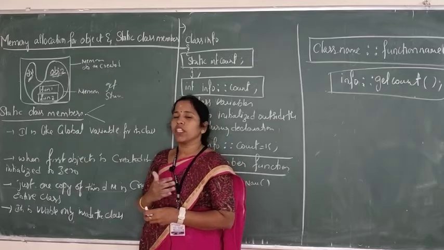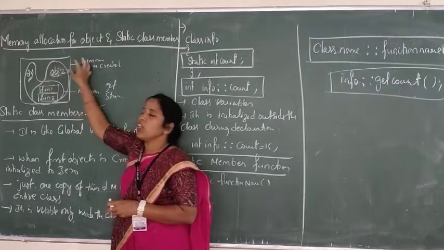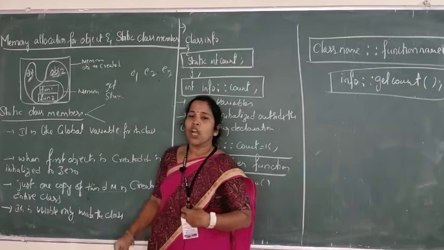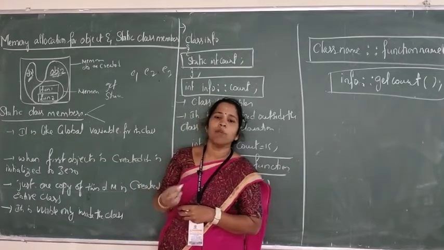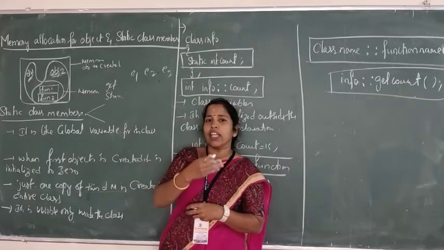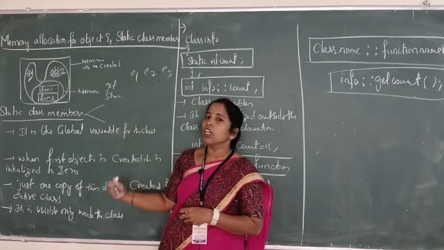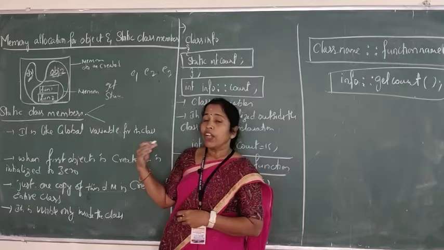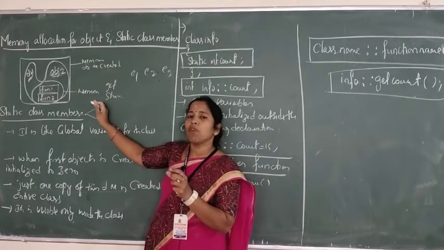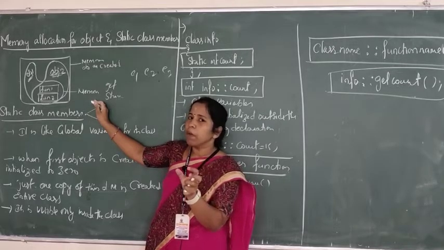When you come to the objects, the same member functions are used by the different objects, that may be E1, E2, E3. If I take the employee class, the objects will be E1, E2, E3. So E1 dot get data means employee Anil, salary will be there. E2, Bharat, again salary. E3, Chetan, salary will be there. So objects will be different, but the member functions will be the same. The same functions will be accessed by different objects.